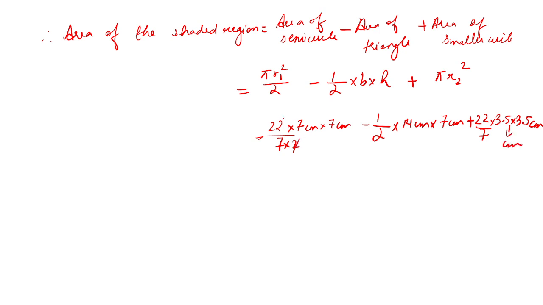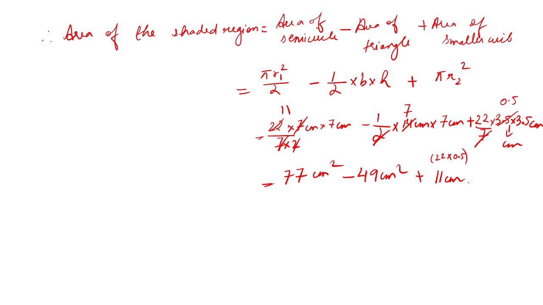So you can cancel out whatever you can cancel, 7 and 7. So this is going to be 77 centimeter square, 2 into 7. So this is going to be minus 49 centimeter square. You can cancel out 7 and you'll be left with 0.5. So 22 into 0.5 will give you 11 centimeter. Okay, you get this by multiplying 22 into 0.5. Okay, and you'll be left with 3.5 centimeter. So first calculate 77 minus 49. You'll end up getting